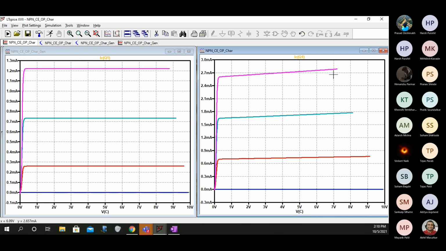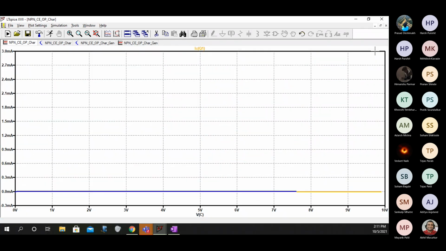So from the slope of this line and where this line intersects the y-axis, we know that y is equal to mx plus c. So if you know y, and if you know m and the y-intercept c, you can definitely find out the value of x. That is something that I am expecting you to calculate from the characteristics.